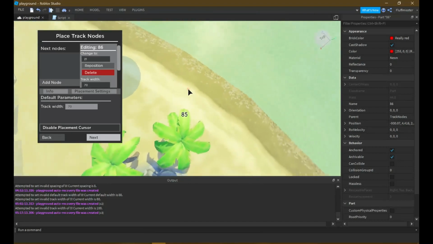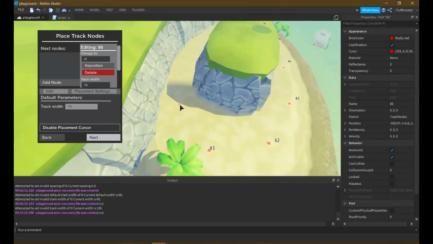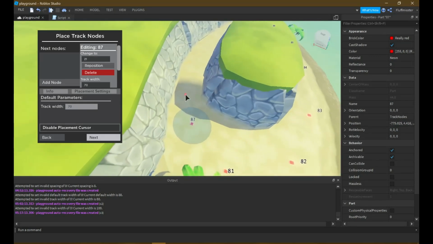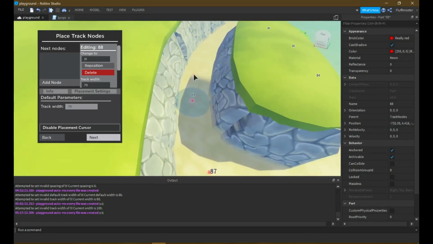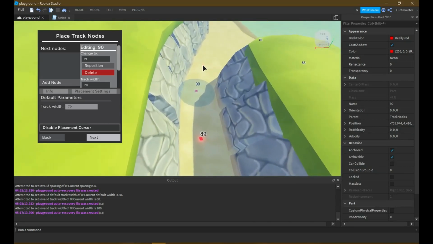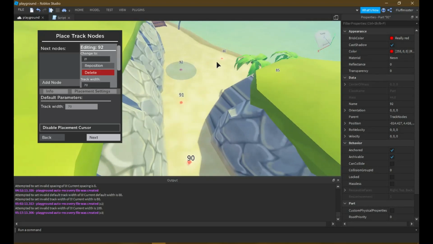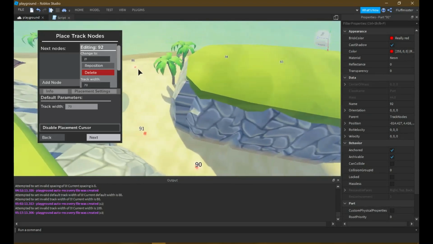So we do that. And then we have our other path. Okay, and this one,